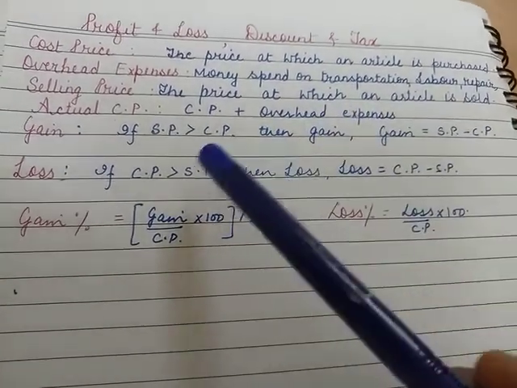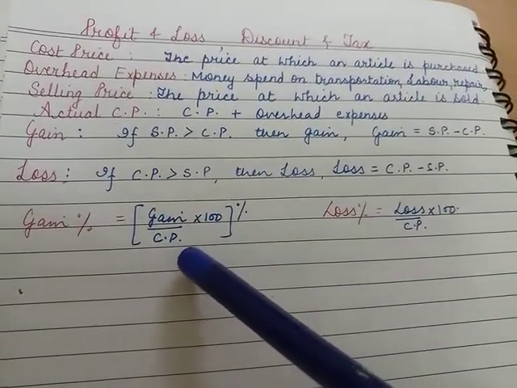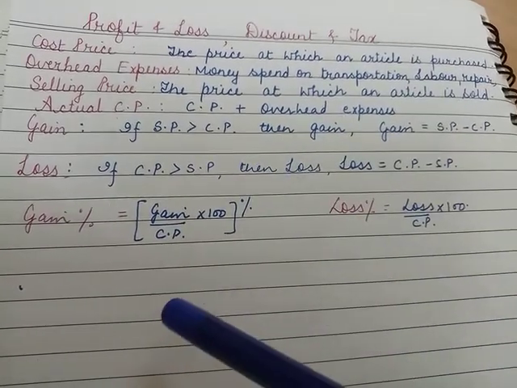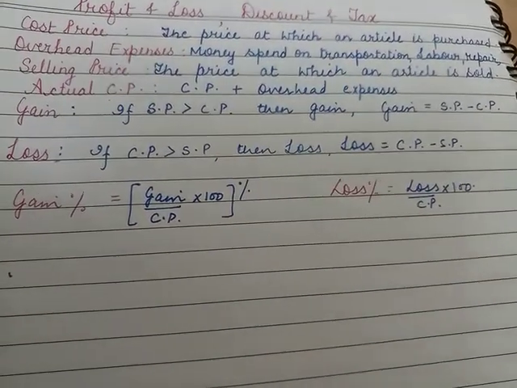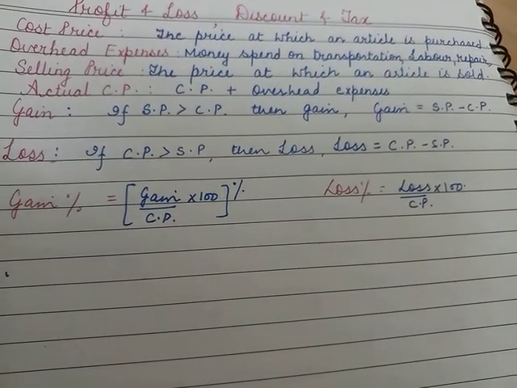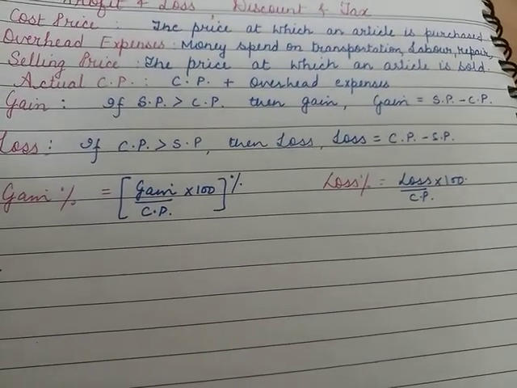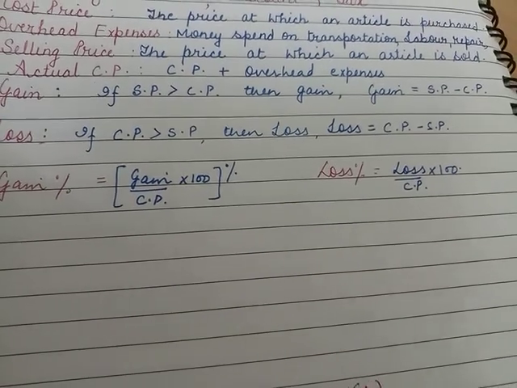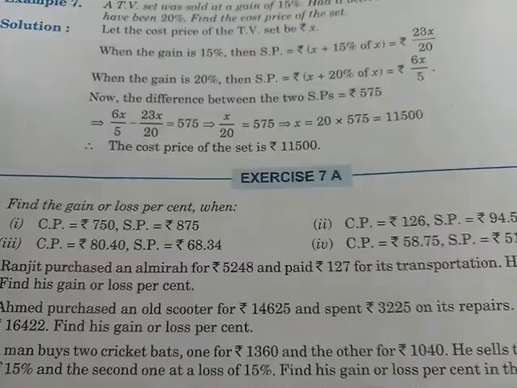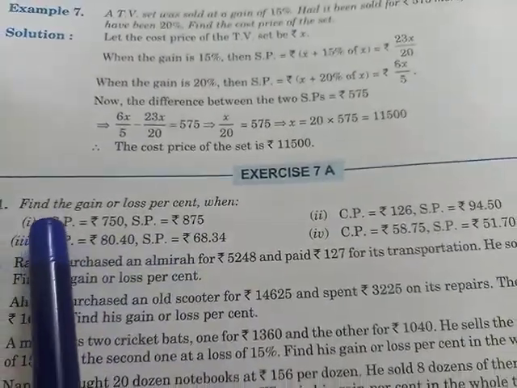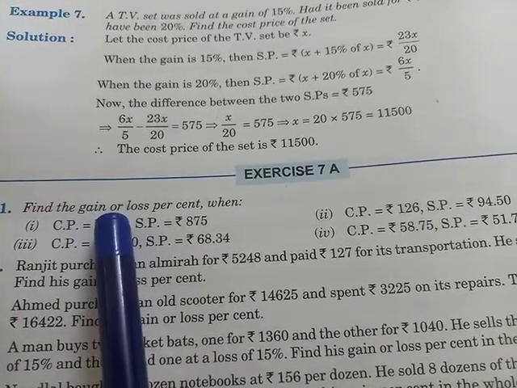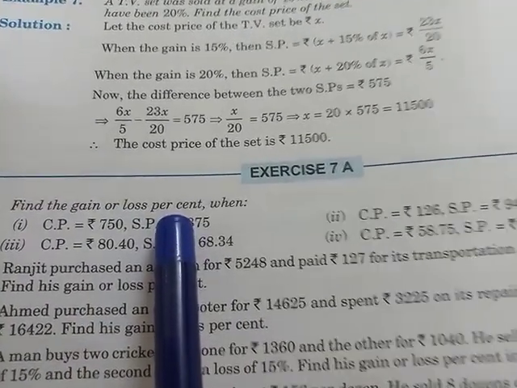Hope you have understood these basic terms. Now we move to exercise 7a. First we will discuss a few questions based on the cost price and selling price in question number 1. Question number 1, they are saying find the gain or loss percent when